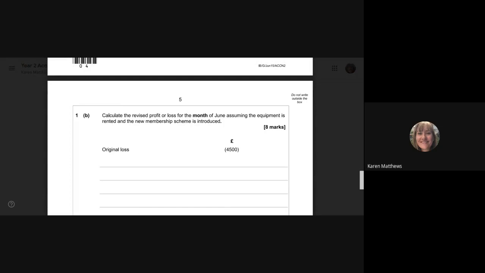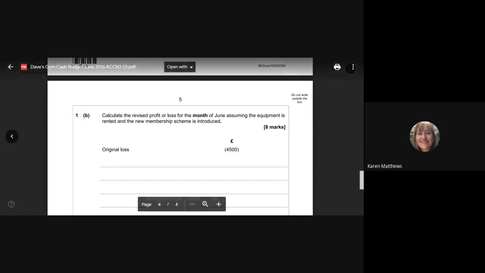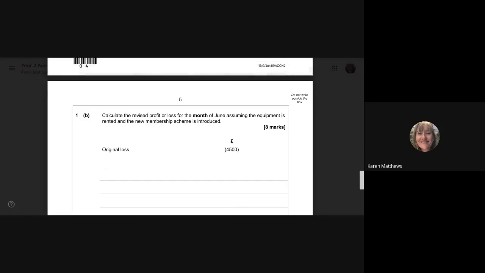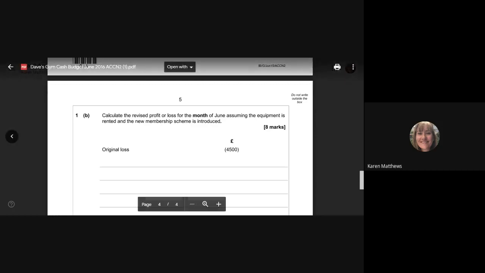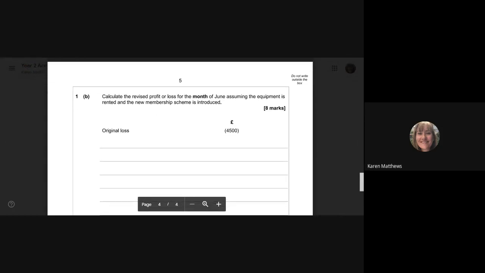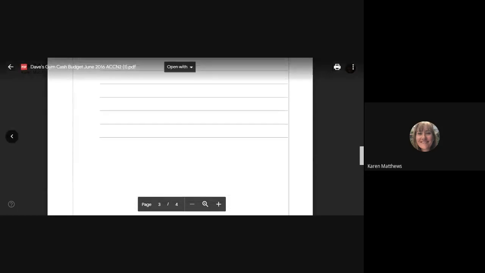Remember, if you receive income in advance, you've got prepaid income. So he's actually received 12 months worth of income, but only 1 month of it belongs in June. The other 11 months are prepaid, so they don't belong in there. So just be careful how much you include the new members in there. And then same with the maintenance contract. We're prepaying it. He's going to pay 2,400, I think it was.